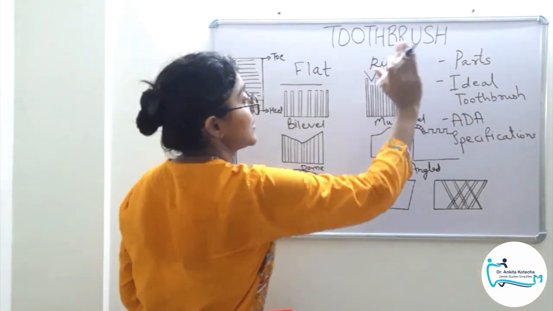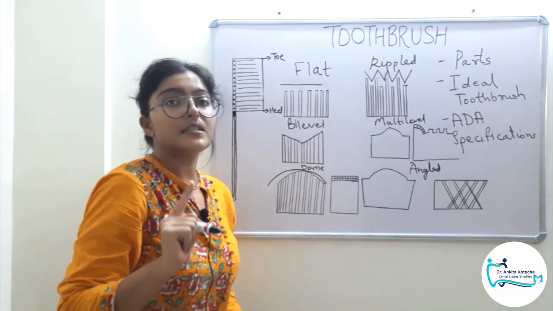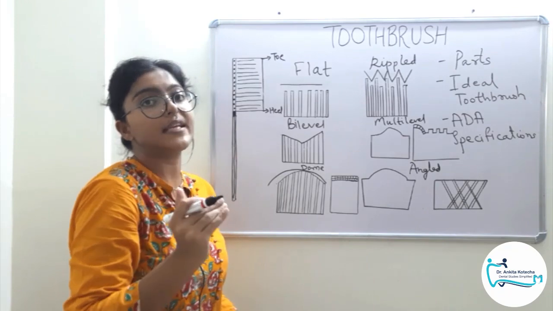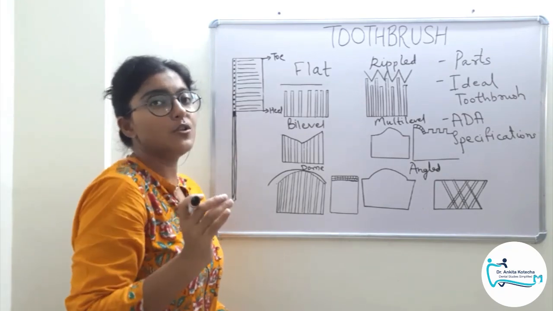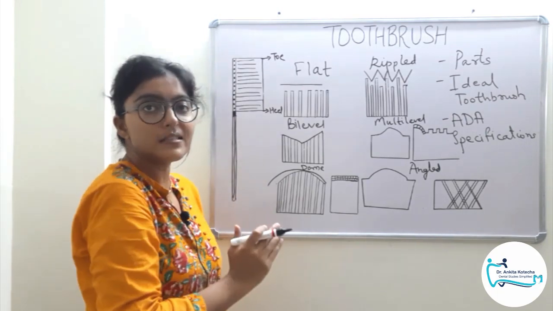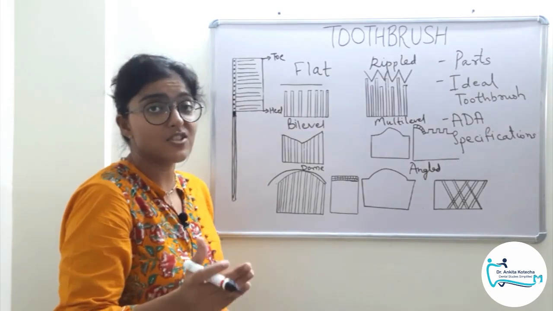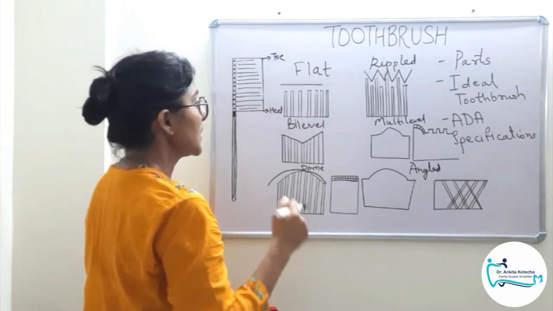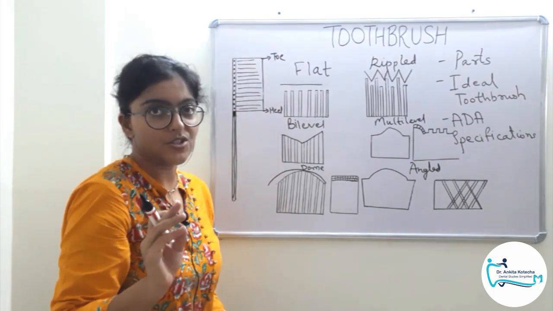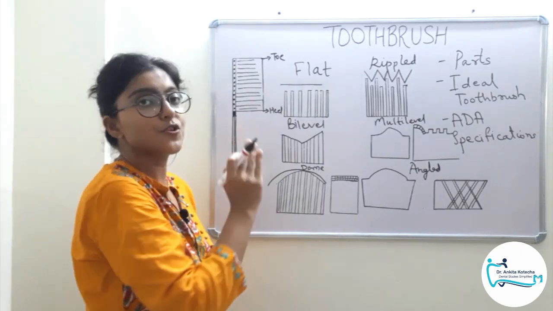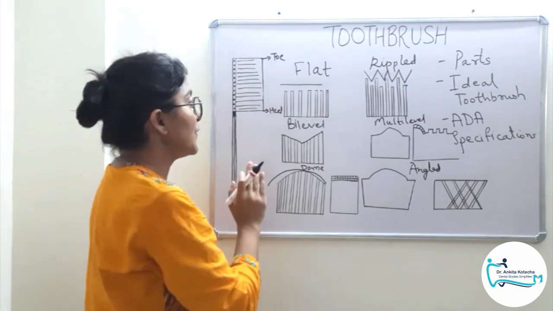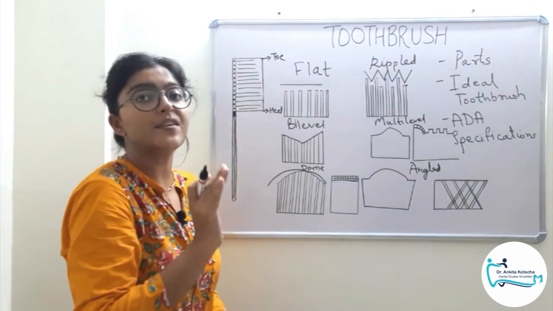Talking about properties of an ideal toothbrush. First thing, the head size should be appropriate to the user's oral cavity size. Neither too small nor too large. Then next is the handle size. The handle size should be appropriate to the user's age and dexterity. The third is the bristles. The bristles should be of soft configuration and the bristle diameter should be not more than 0.009 inches. Fifth point is the bristles must be end round bristles.